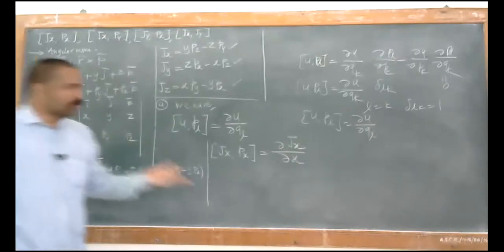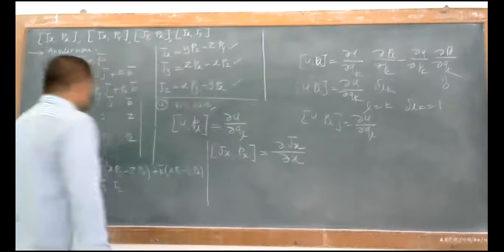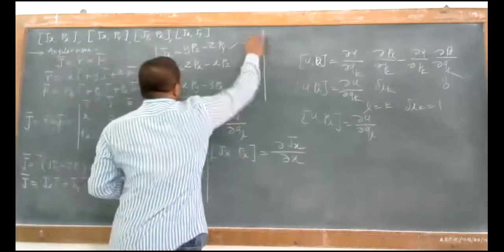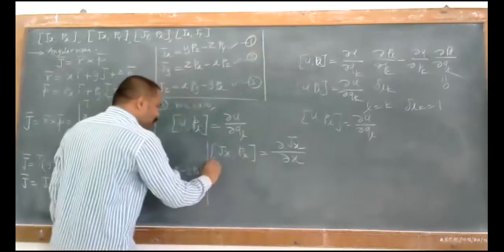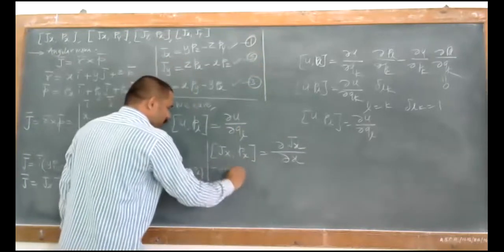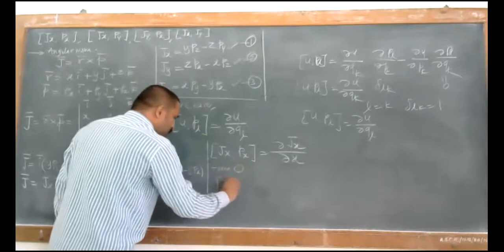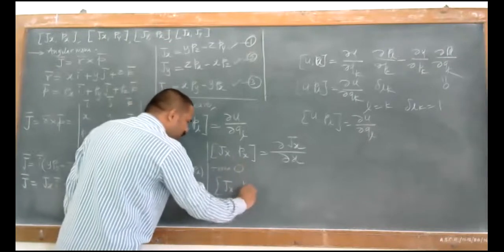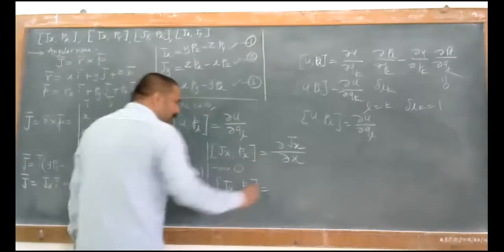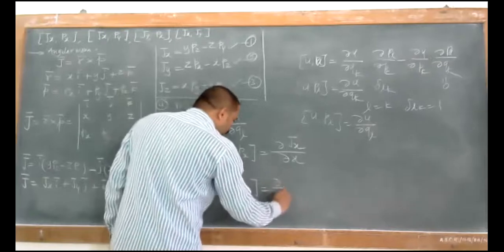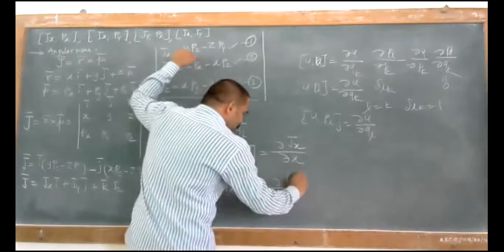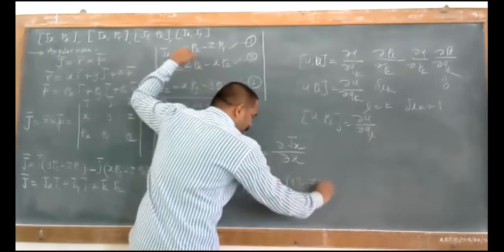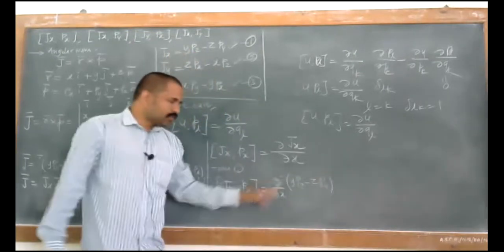And what is that value? We'll just put in the conditions. I'll just number them: equation number 1, this is 2, this is 3. So from 1, we can write the Poisson bracket of this jx px, that is equal to gamma by gamma x of what? This is y pz minus z py. We are varying this with respect to x.